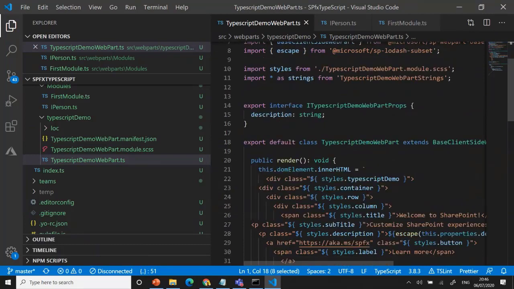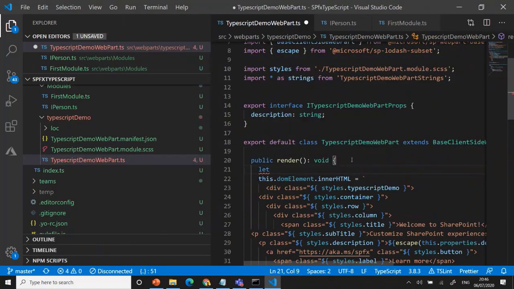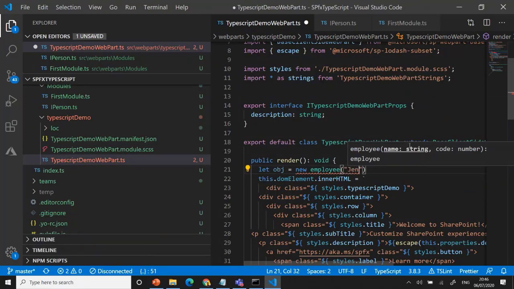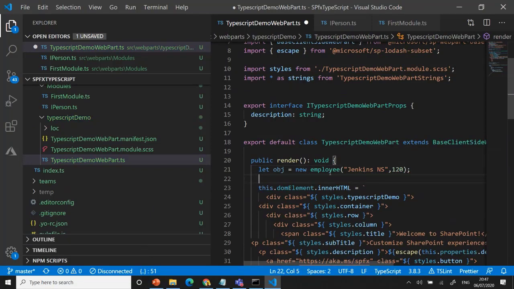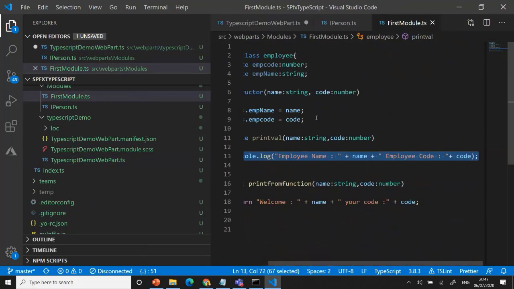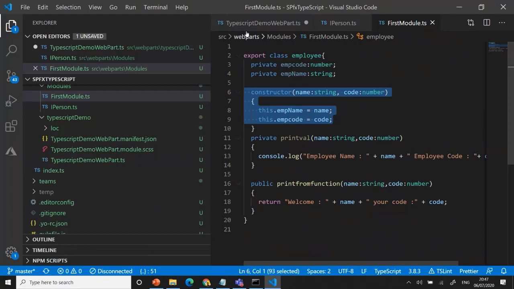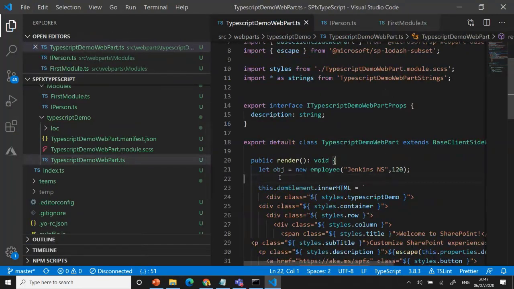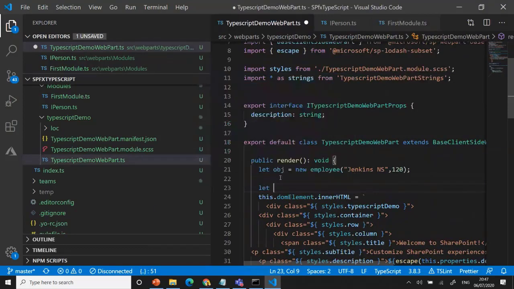Okay, whenever coming here, I can pass it. Let's say object equal to new employee, right? Employee. Here I'm passing the value Jenkins NS, comma, code, I can say 120. We have an object, and immediately it will return the value from this particular console, right? It will print the value because the constructor is called without writing any execution. Just creating an object itself will do. The same concept only happens. Then the second one, I'm getting a welcome message. If you want to get the welcome message back,